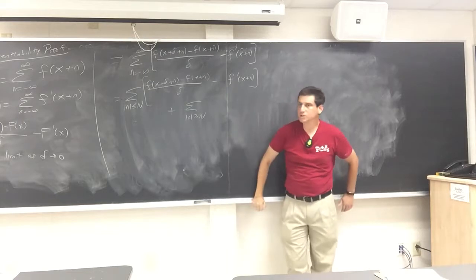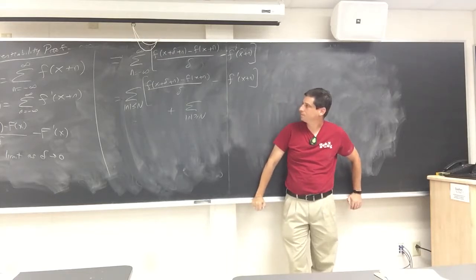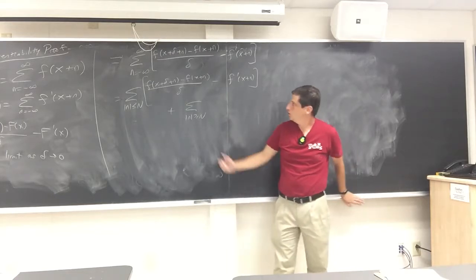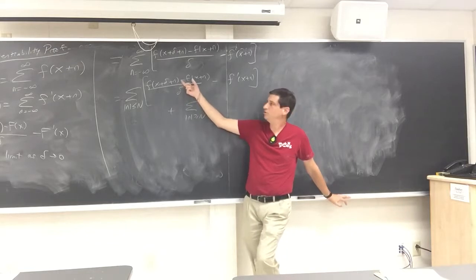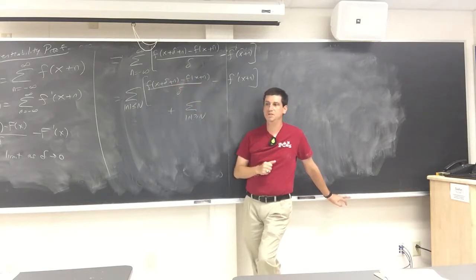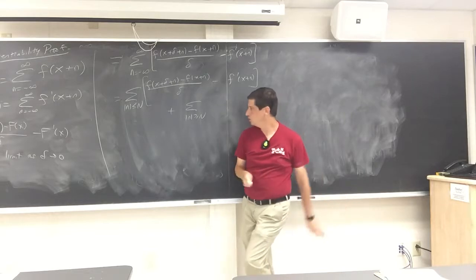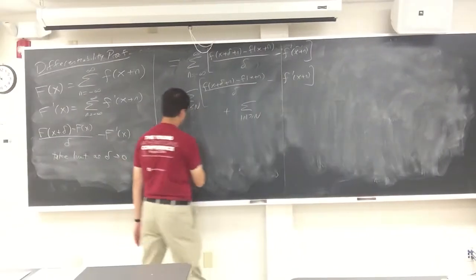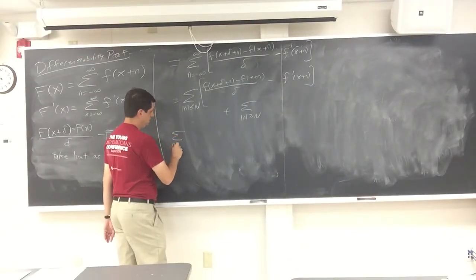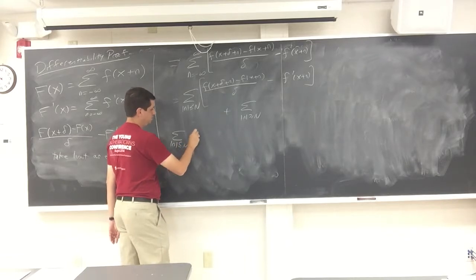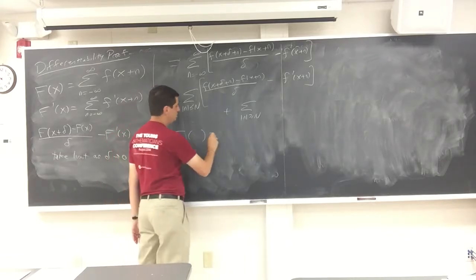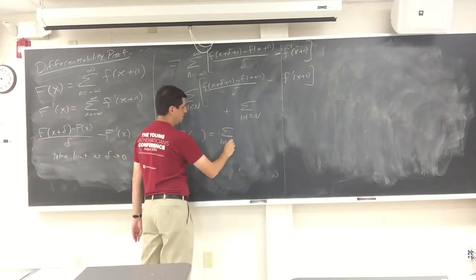All right. Well, let's look at the first part. When we look at this difference, we can approximate this using the mean value theorem. This would be approximately f prime at some intermediate point times the difference between them. So the first piece, the sum n less than or equal to N, is going to be the sum n less than or equal to N